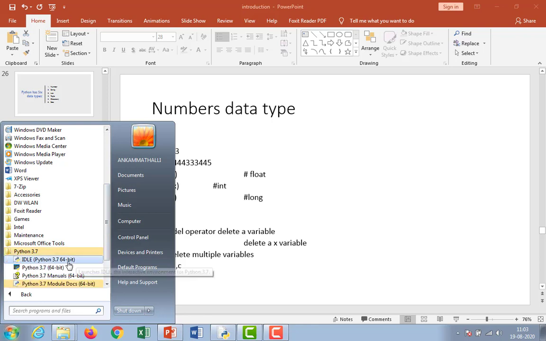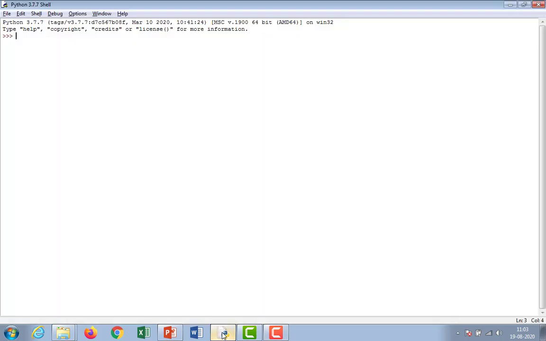If you need Python in the command prompt, go for this option, or if you need IDLE, the integrated development environment, go for this IDLE Python 3.7.64. After clicking this, the window appears like this.